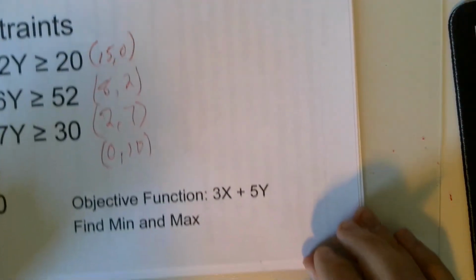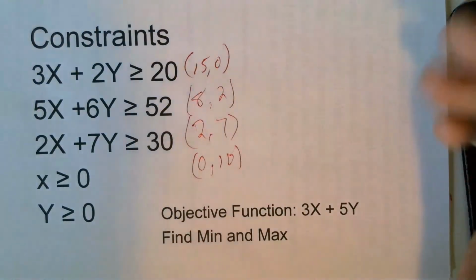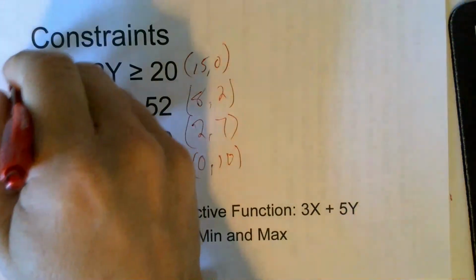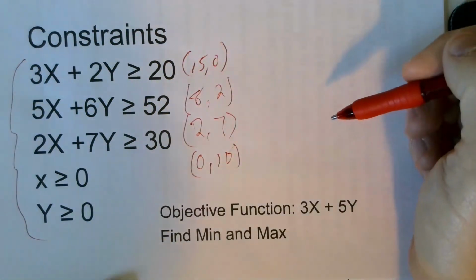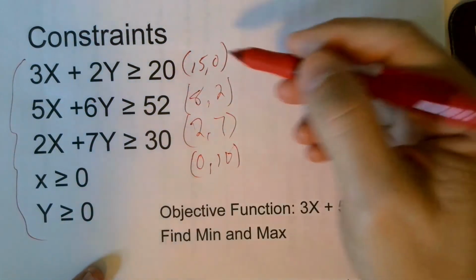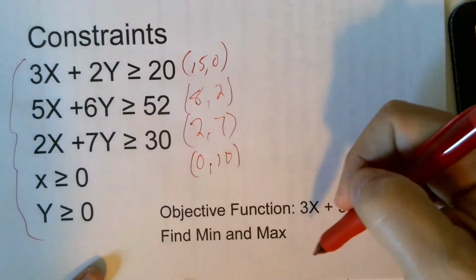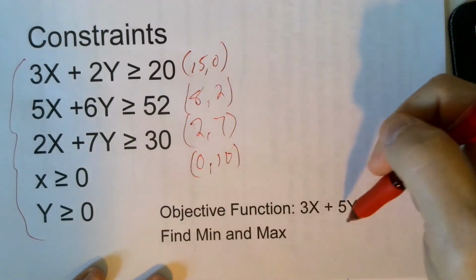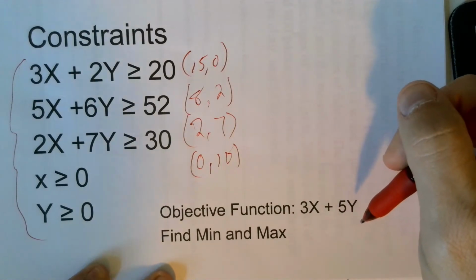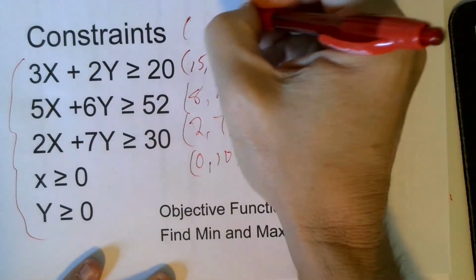So for each one of these situations, and again, I'm not giving you any specifics to this particular problem. We'll do that in just a second. But on this one right here, I have 4 critical points. And I'm going to try and find a minimum and a maximum based on this objective function, knowing that I also have